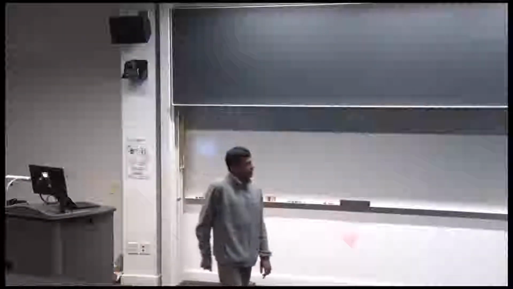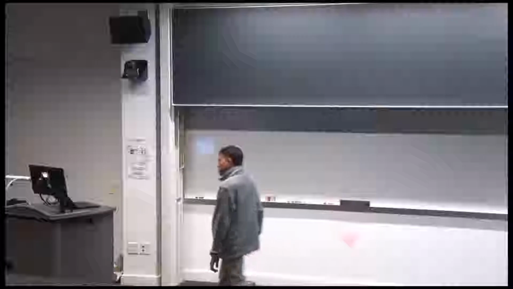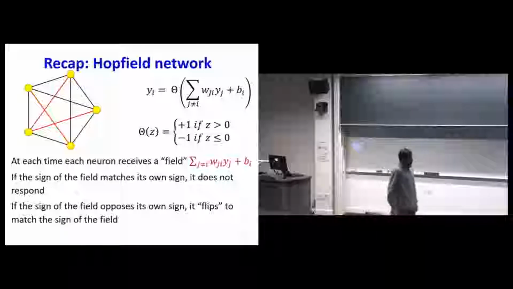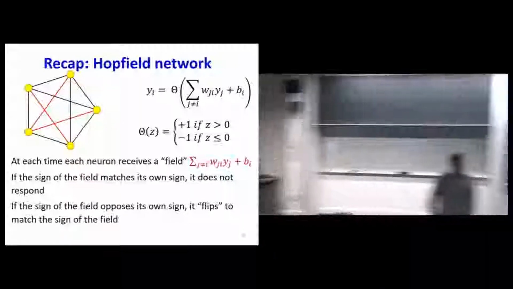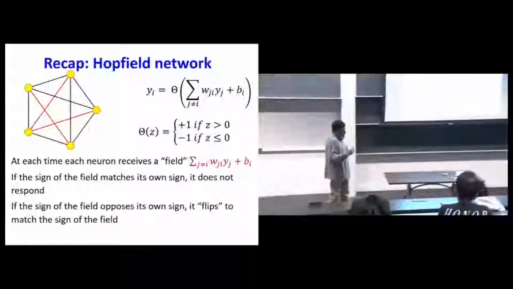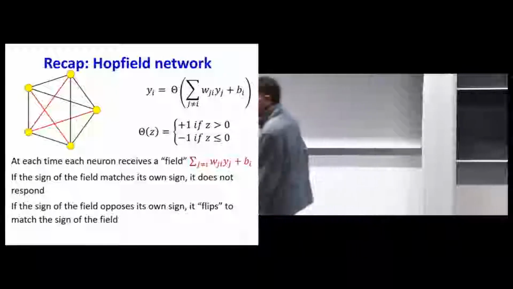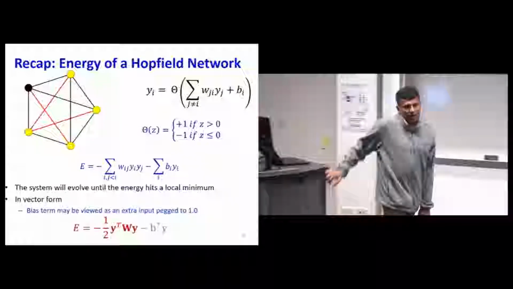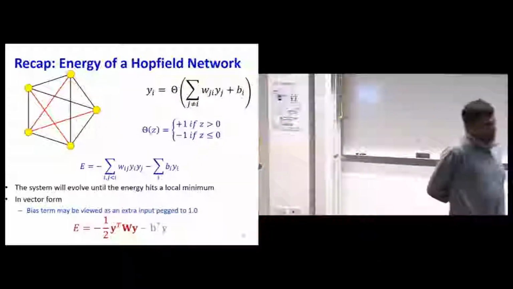So, quick recap. We are familiar with what a Hopfield network is. It's just a loopy network where each neuron receives inputs from every other neuron and outputs to every other neuron. When you set it up, the connections are symmetric. In the basic form, the neurons are all binary threshold units. And anytime you set the network at some configuration, the whole thing is going to evolve to arrive at some stable pattern. We've seen this. We also saw that you can define an energy for the network, which